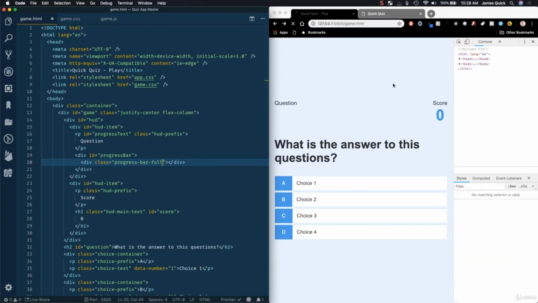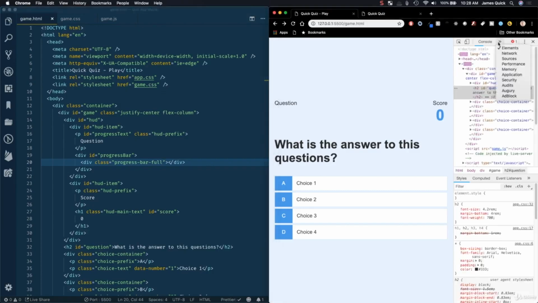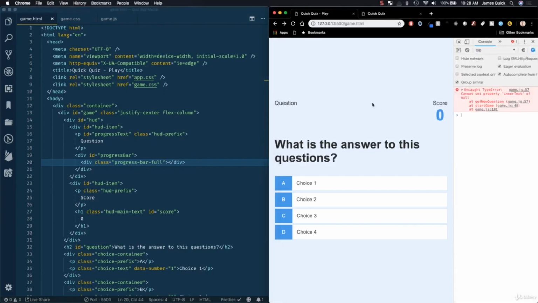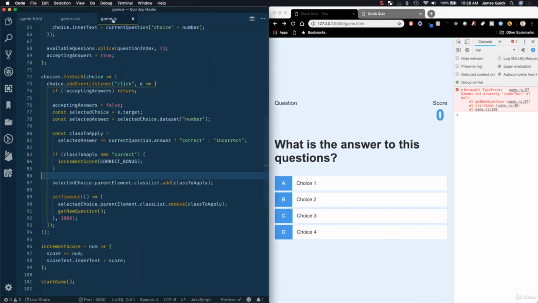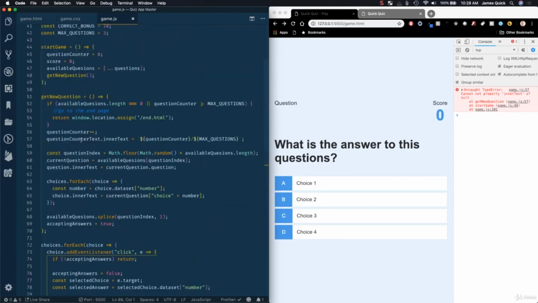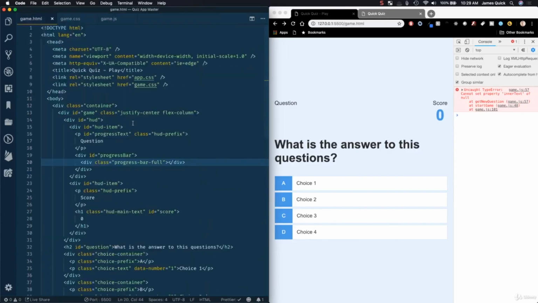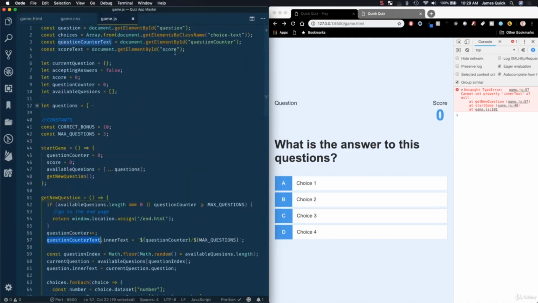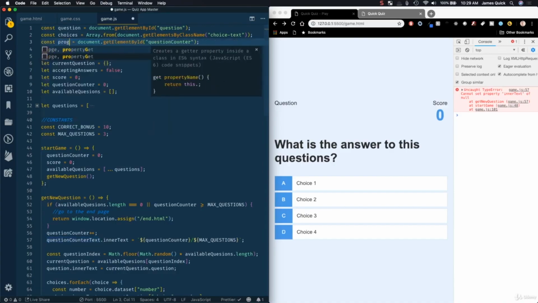So we've got this in our HTML. What error are we getting here? Look at our console, inner text. Okay, so since we've gotten rid of, in here, we're setting the inner text of our question counter text. This is now going to be our progress text. So we just want to update that. So this one is going to be progress text,